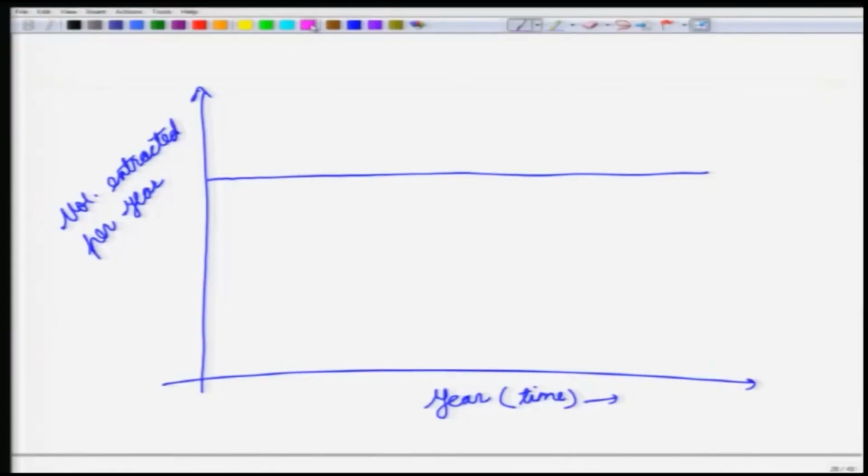So, what we are saying here is that suppose it is possible to extract say 10,000 cubic meter every year, but we are extracting 8,000 cubic meters every year. Now, from this forest it is possible to extract 8,000 cubic meters per year, but if we extracted 2,000 cubic meters more, even then it would have been a sustained operation. So, every year we could have gone with 10,000 cubic meters. So, why not go with that?